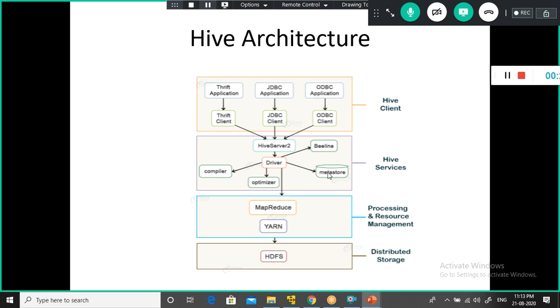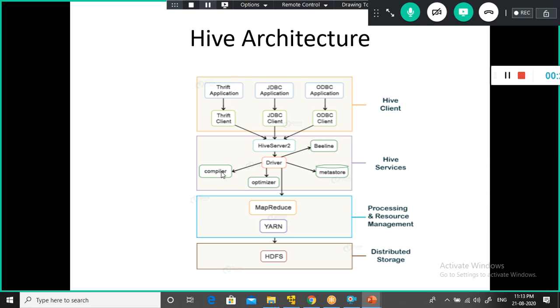Why does it have to send the request to the metastore to get the metadata? Because the compiler has to perform the semantic and syntactic check, whether the query you submitted is syntactically correct and the logic is correct. It checks whether the table name or the column name you mentioned in your query is correct or not.